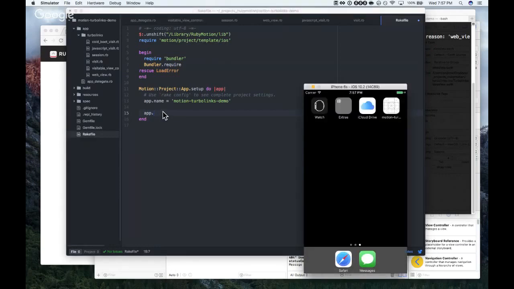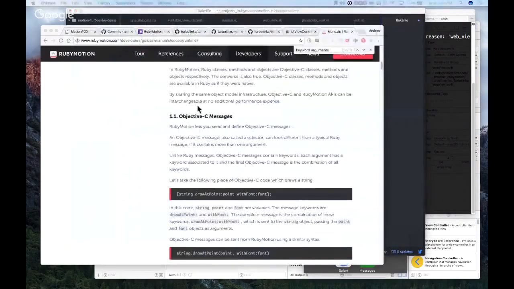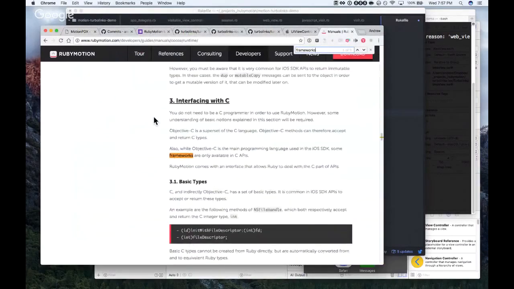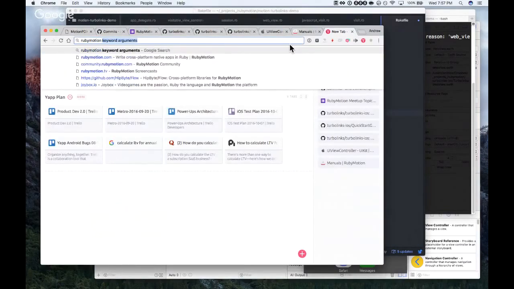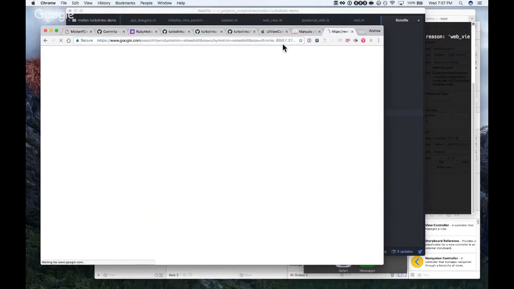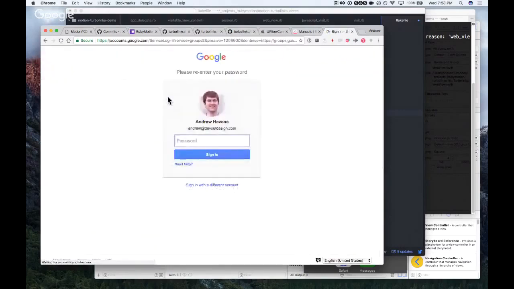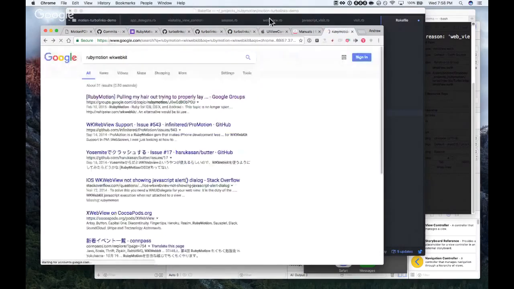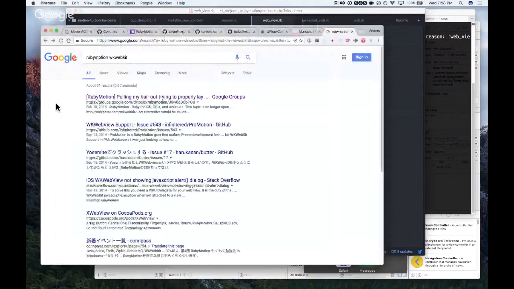App.frameworks? I think it's frameworks, and we might need to push that onto an array. It's the less than, I think, isn't it? Let's see, RubyMotion. WKWebView.